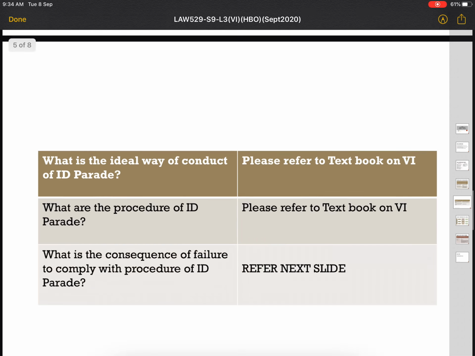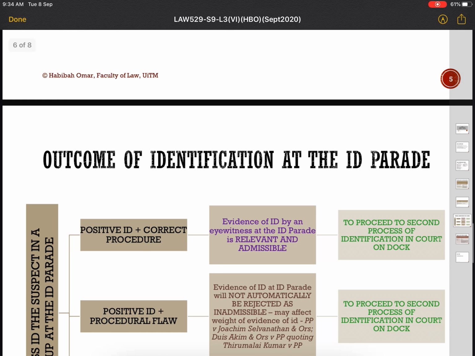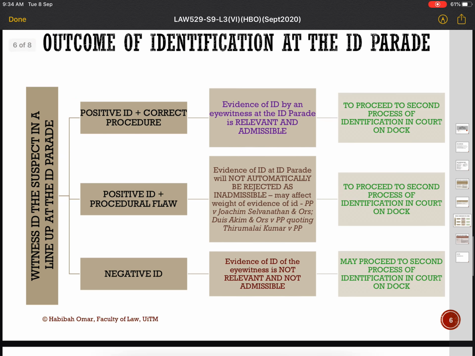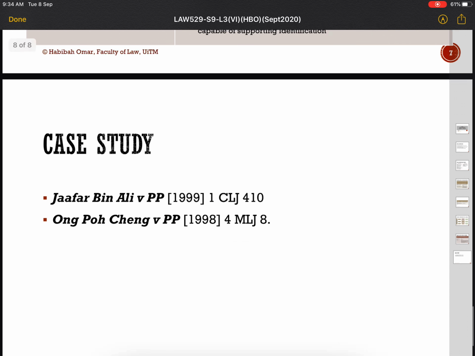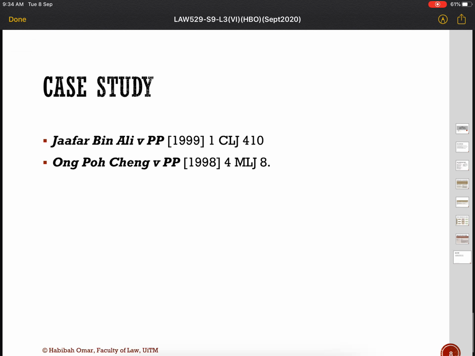Okay? Now, to wrap up, we have looked at visual identification. These are all the questions that we have addressed just now on visual identification. So this will be the procedural issue that we also discussed earlier. And right, this will be the outcome of the identification parade. Remember, what you have to do is to analyze